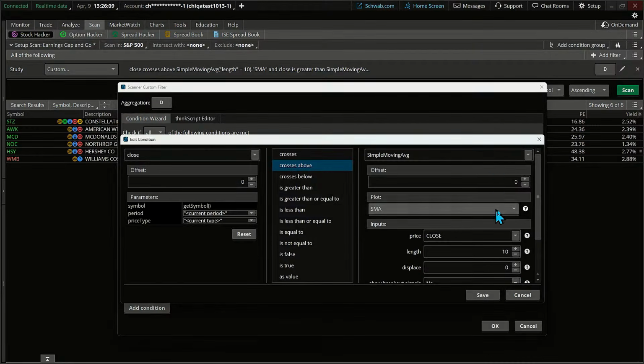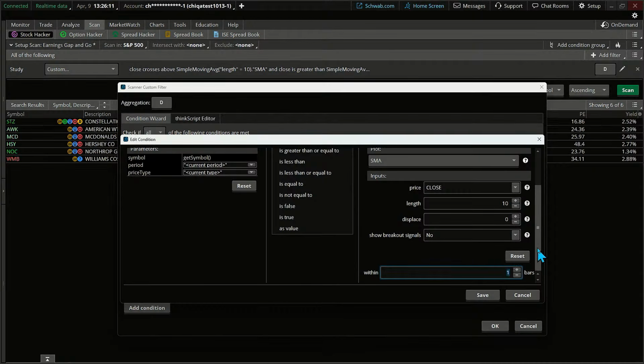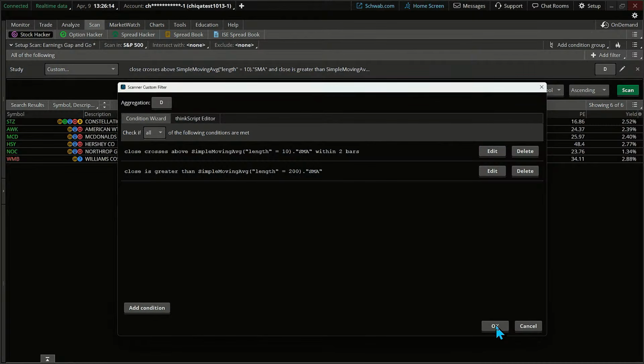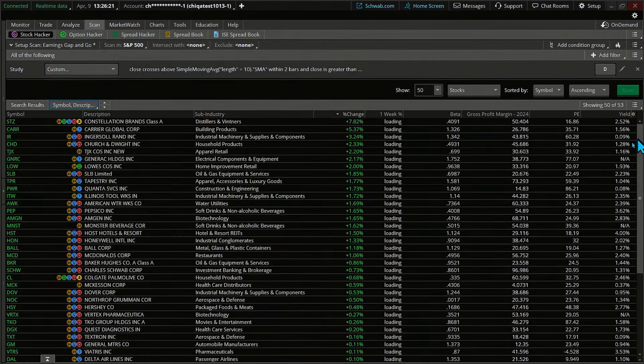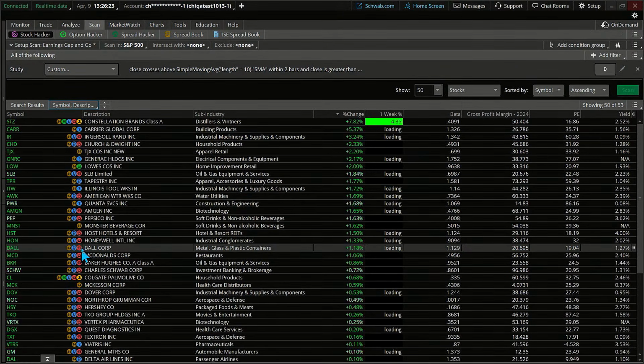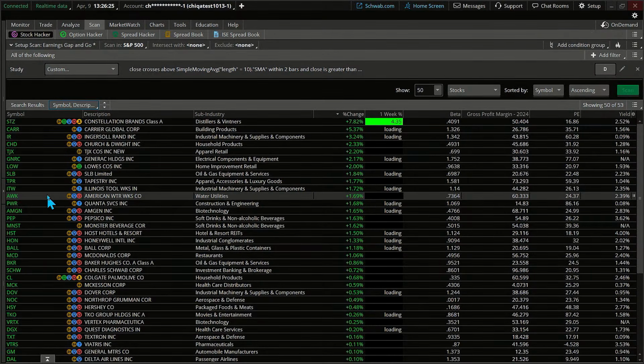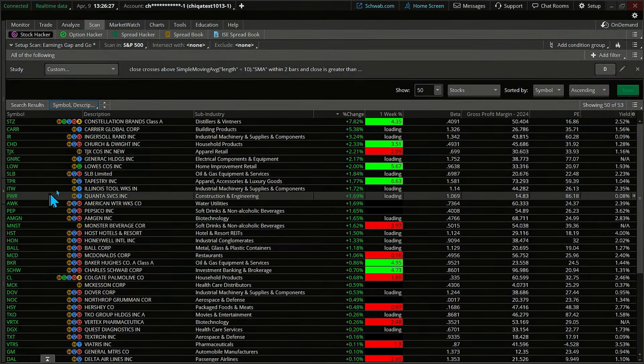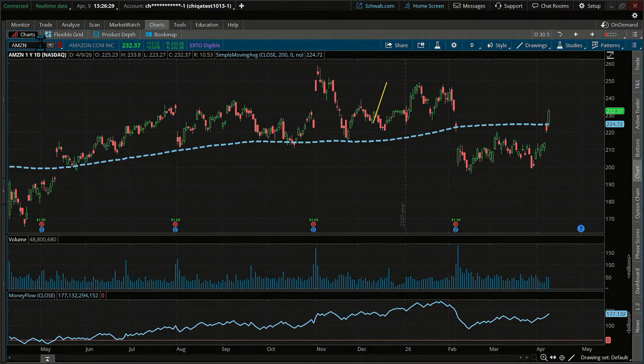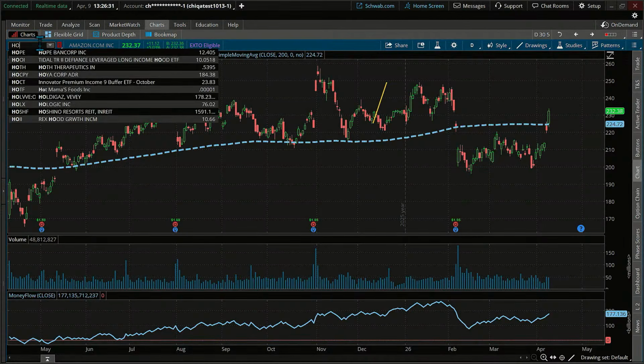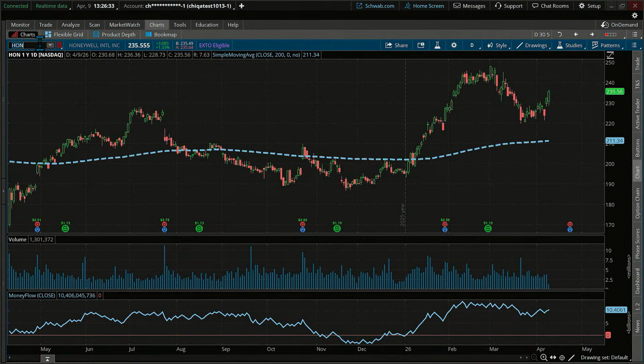I'm going to go back. I'm going to go one more bar on the crossover. Just one, price going above the 10 period within today or yesterday. Boom. 53. Wow, we got a lot more. So I put that in there because we're just one day behind. Maybe we don't want to find something that's gone up too long ago, but maybe something that's also jumped up higher.